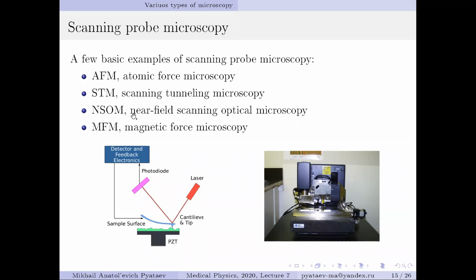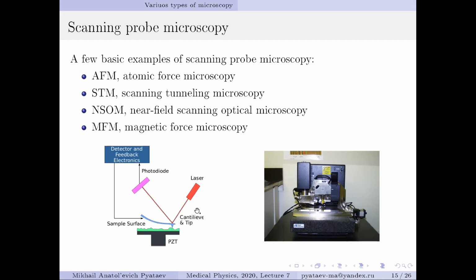There is another way, so-called near-field optical microscopy, when the light goes to the needle, to the tip of the needle, and the interference picture is then analyzed. In this case, we can get a picture with resolution smaller than the wavelength,